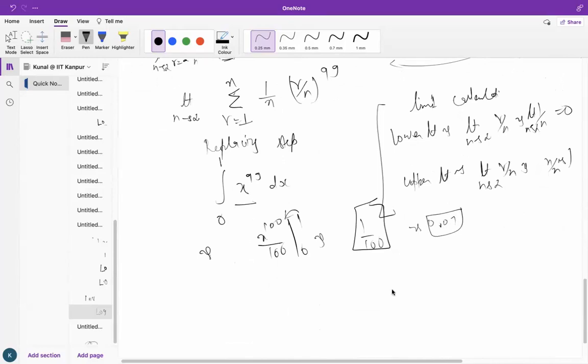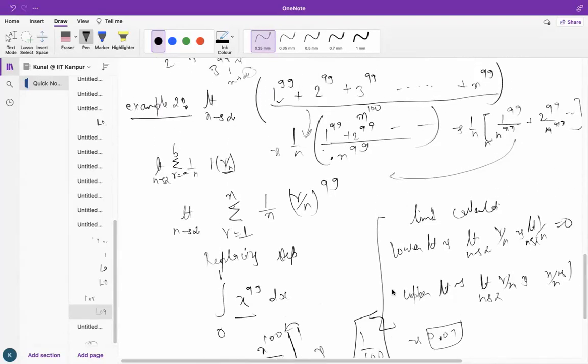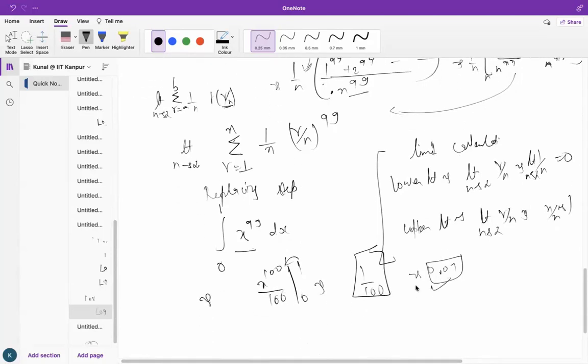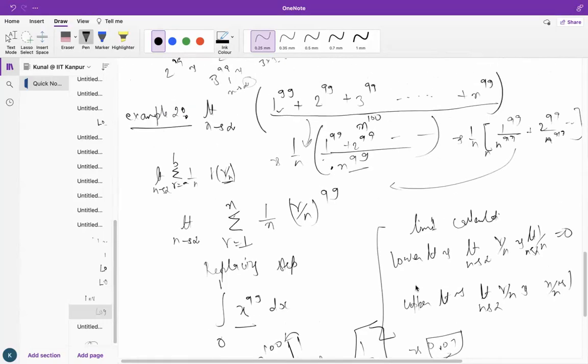That means we were adding such big digits, but just by the division by n to the power 99, we get the least value like 0.01. Okay, so somehow it tries to